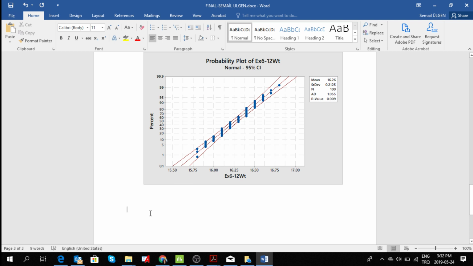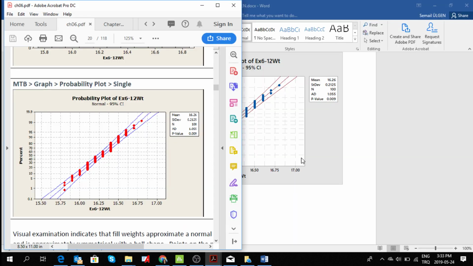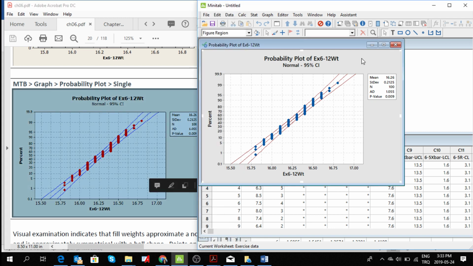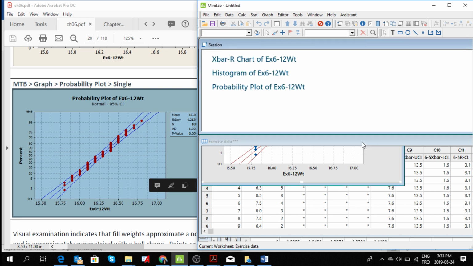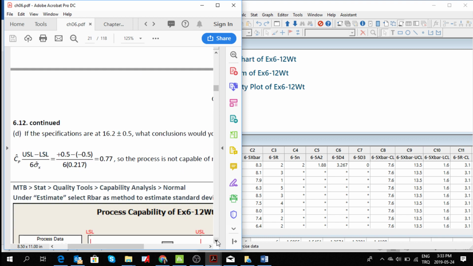And let's see the cursor here, and there's this part D. In part D, what is asked? So let's save it, always save it. Okay, where is it? Okay, we did this. And where's our Minitab? Okay, that's it. So I don't want to save this anymore. I'm going to close it and say no to it. Okay, good. So if I come back to this, the part D, it says if the specifications are at